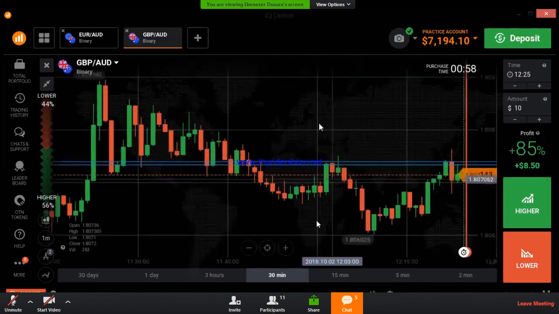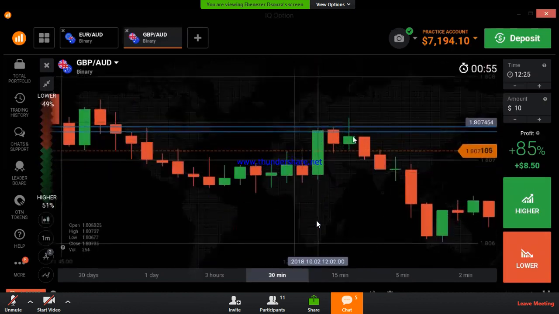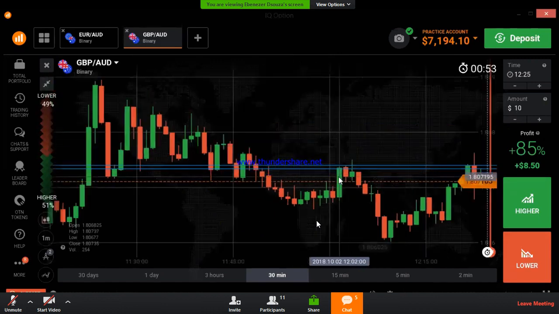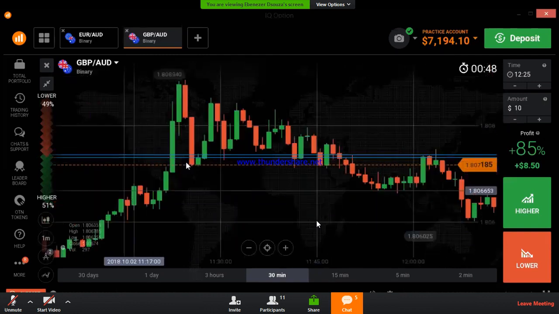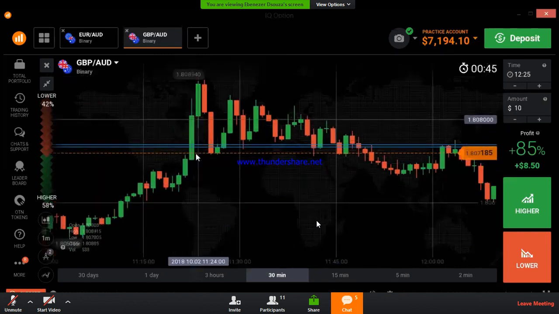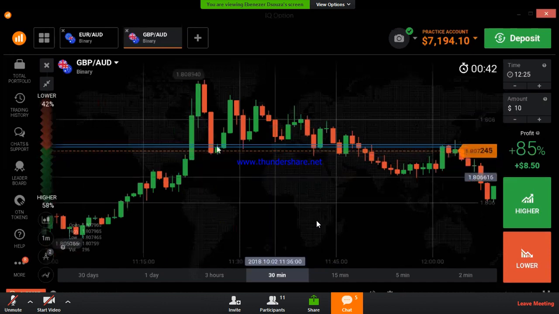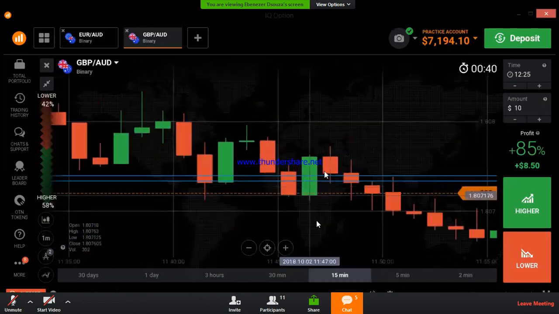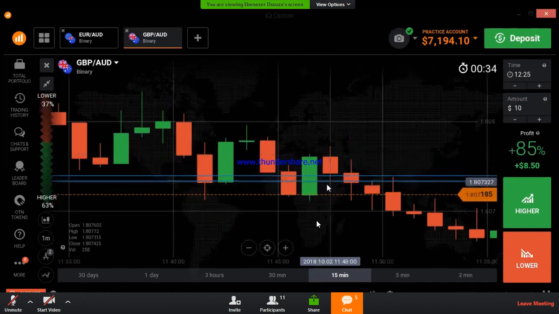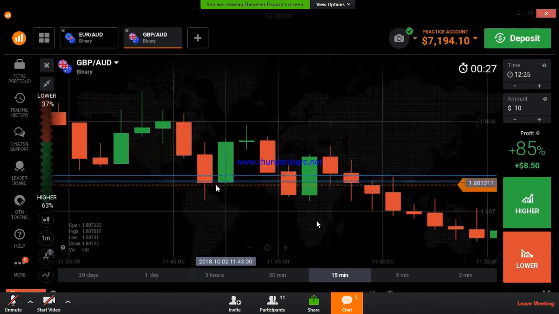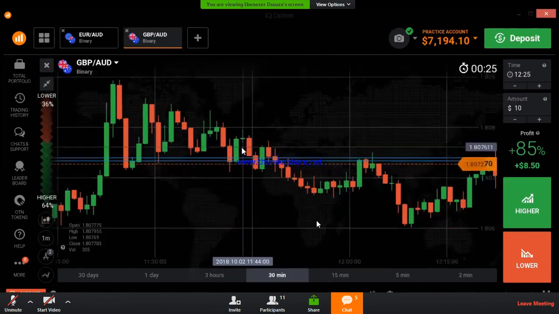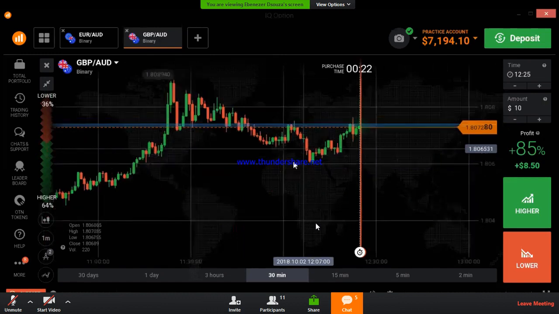Always when the market comes to this level, when the market closes below the level, you can trade. Even if there is no rejection, you can trade, but don't trade when the market breaks this level. When the candle breaks this level, don't trade quickly on the next candle, like Hemraj, or like this. Hemraj will trade on this level. If there is a breakout, he will trade with rejection at this level. Don't trade. If this would be a fake breakout, this candle will close below like this, right? Like this. So don't trade quickly on the next candle.